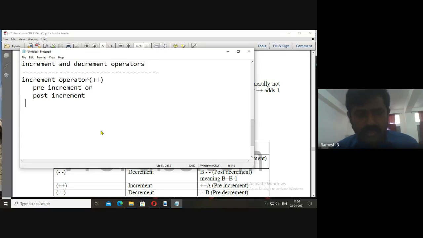If you take plus plus A, it is known as pre-increment. I'm just revising the things. Now, if I write A plus plus, it is post-increment.